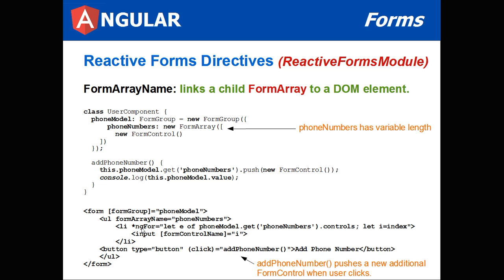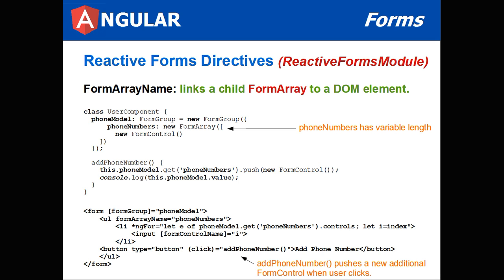Now we use the directive ngFor. We let e of phone model get phone numbers controls, and we define input markup fragments using that form control name. So basically this is going to add an input parameter to